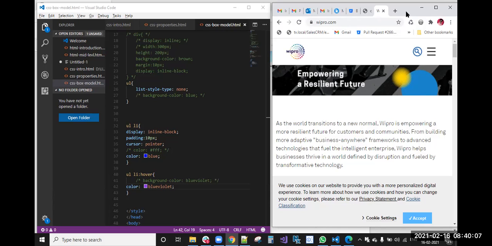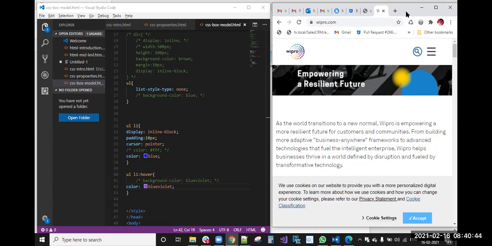Display inline is used to make block level elements into inline elements. But for display inline elements, we can't apply width and height. To apply width and height to a particular element, we will use display inline block. So these are the four important display properties.